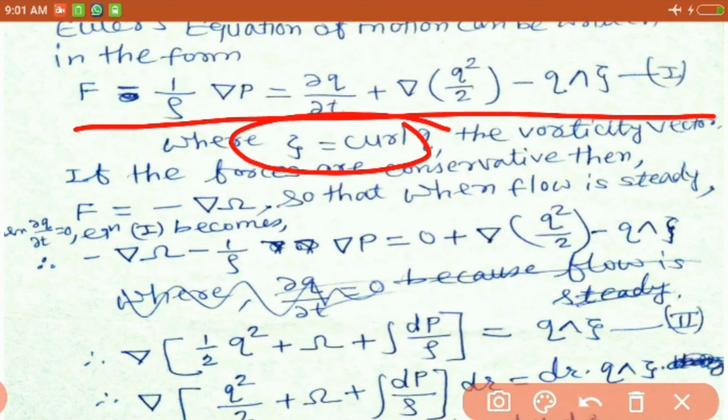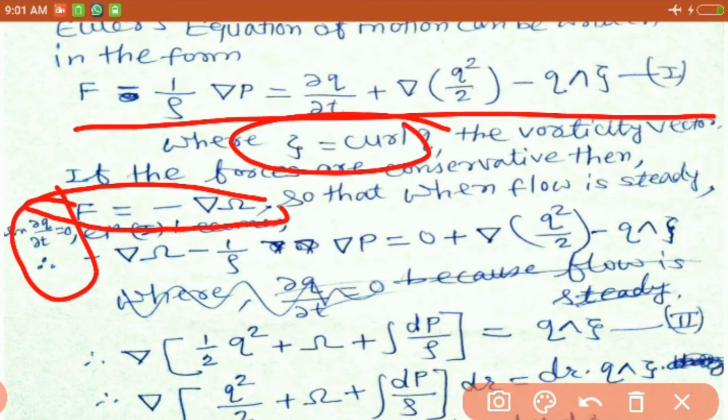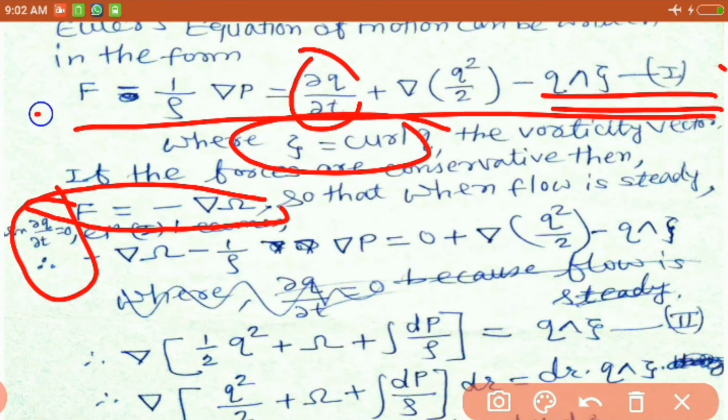And if the forces are conservative, then F is equal to minus ∇Ω. So when flow is steady, ∂q/∂t is 0, and this equation first becomes